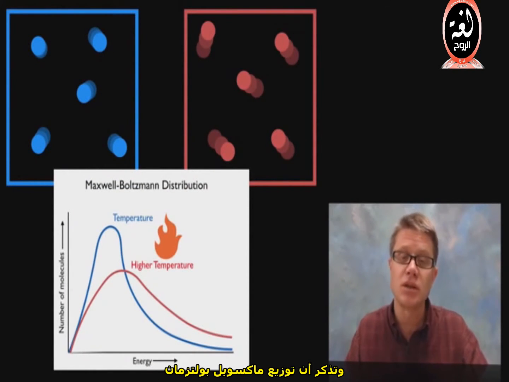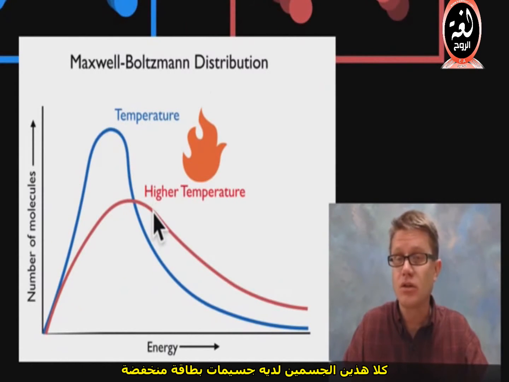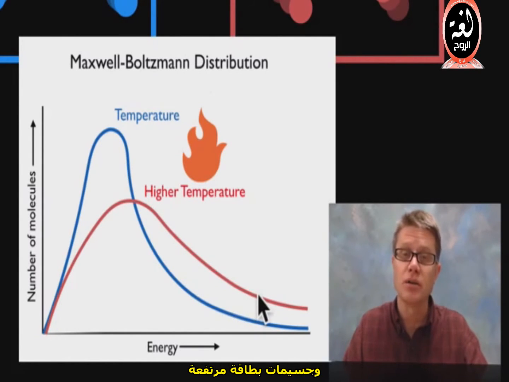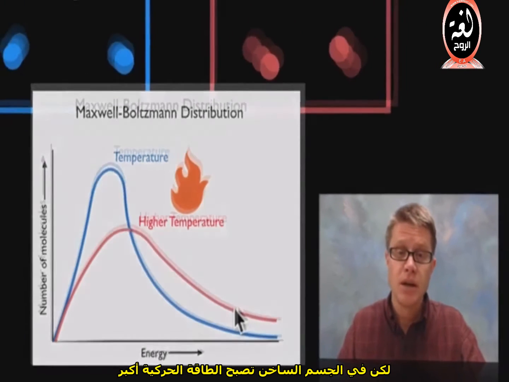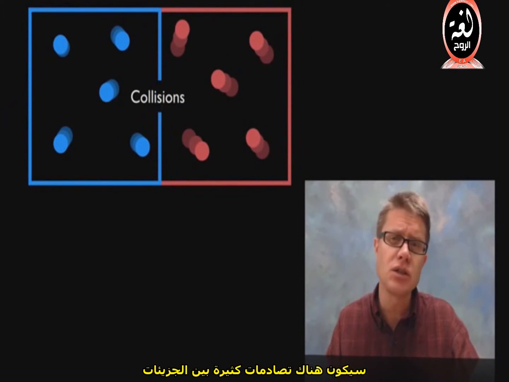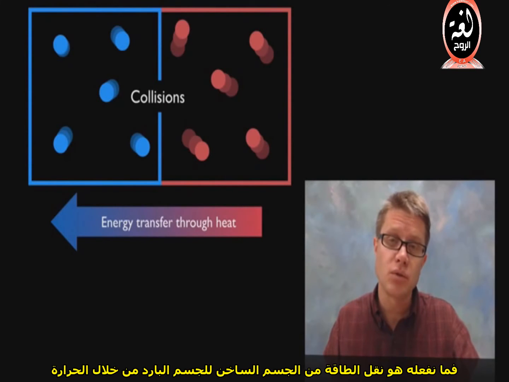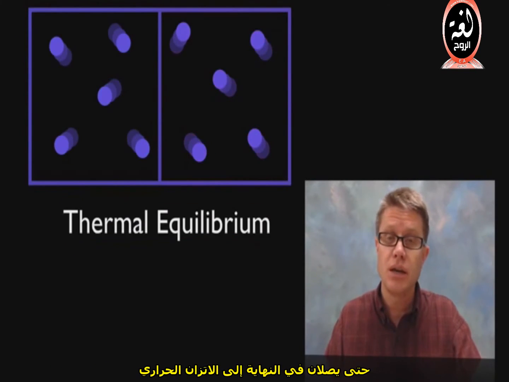And remember, the Maxwell-Boltzmann distribution shows us how that works. If we were to look at it, this would be the cold body and this would be the warm body. Now in each of those bodies, they're going to have low energy particles and really high energy particles. But in the warmer body, that average kinetic energy is going to be greater. And so if we ever put them in contact with another, there's going to be a lot of collisions between these molecules. And as they collide, they're transferring some of that kinetic energy. And so what we're really doing is we're transferring energy from the warmer object to the colder object through heat